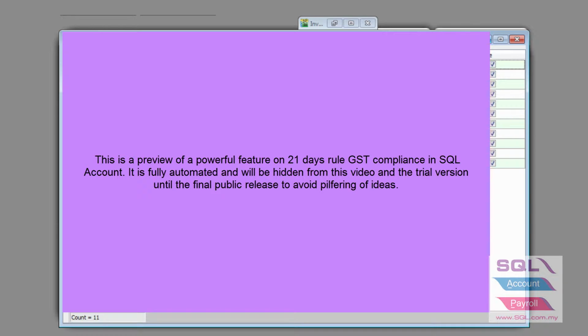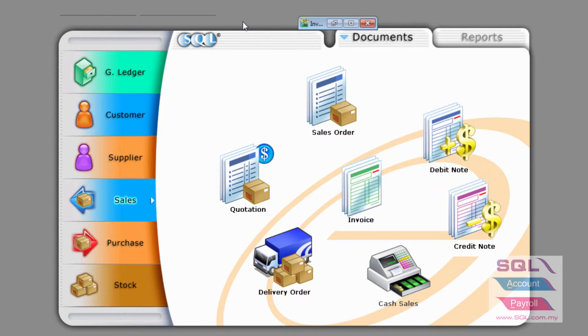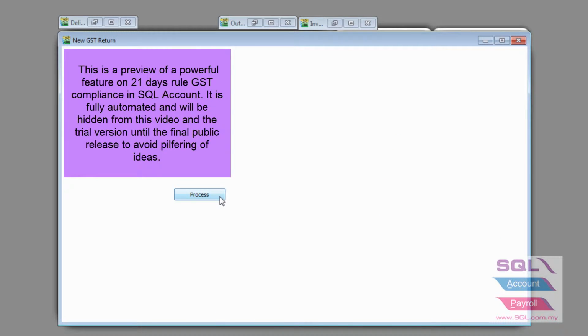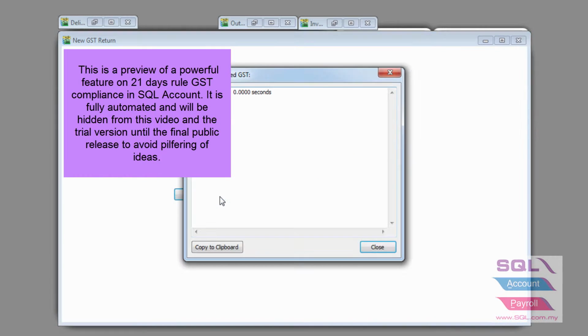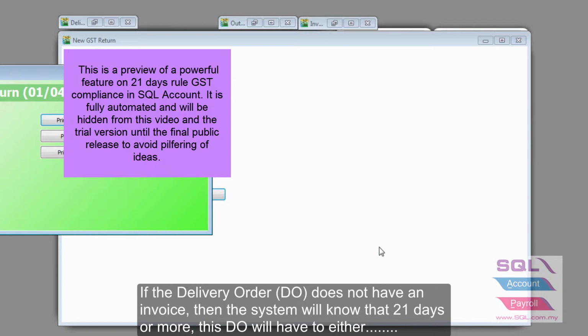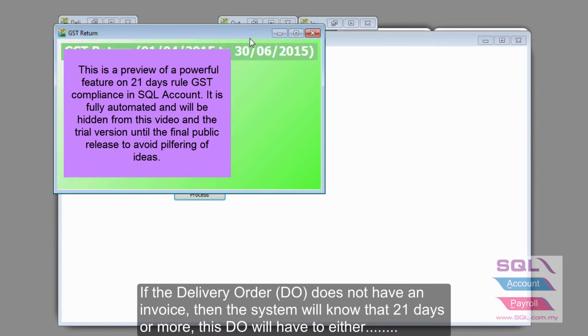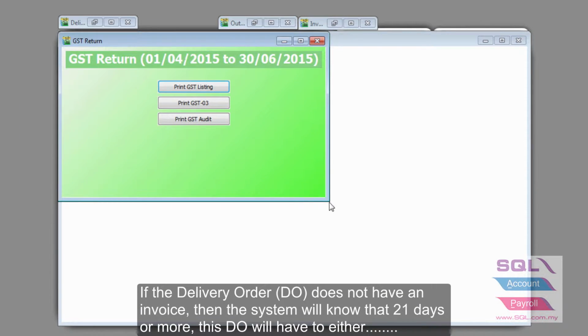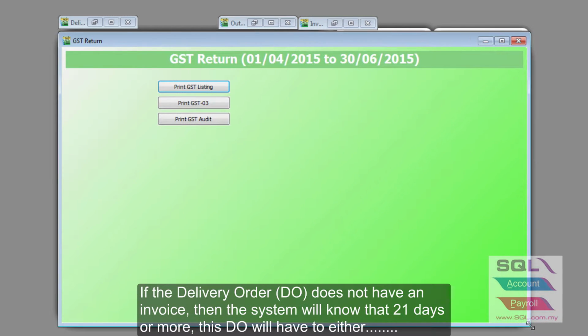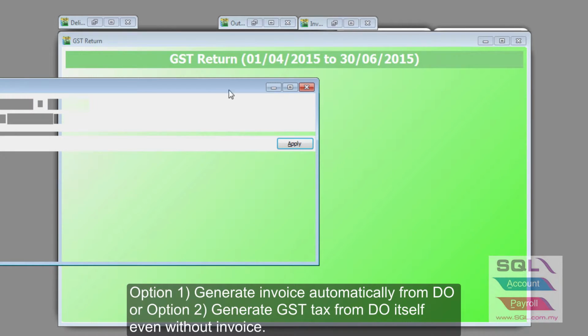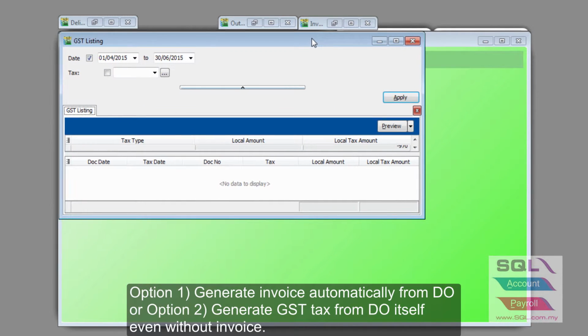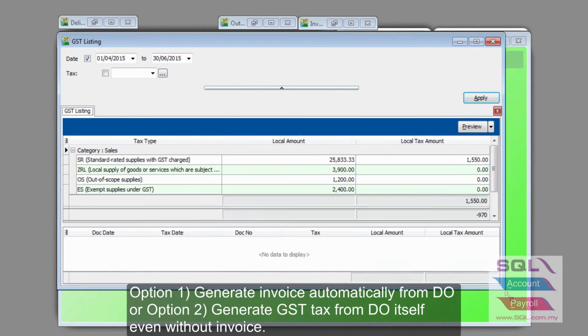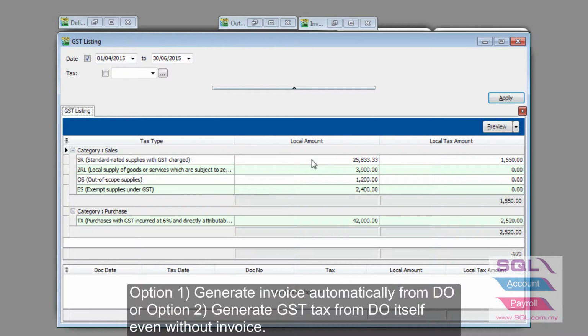Now, if you choose to tick all of them, then the system will automatically, during generating of the new GST return, when you press process, come out with a listing for you, as well as calculate tax in the GST 03 form. Now, to prove it, if you look at my GST listing here,